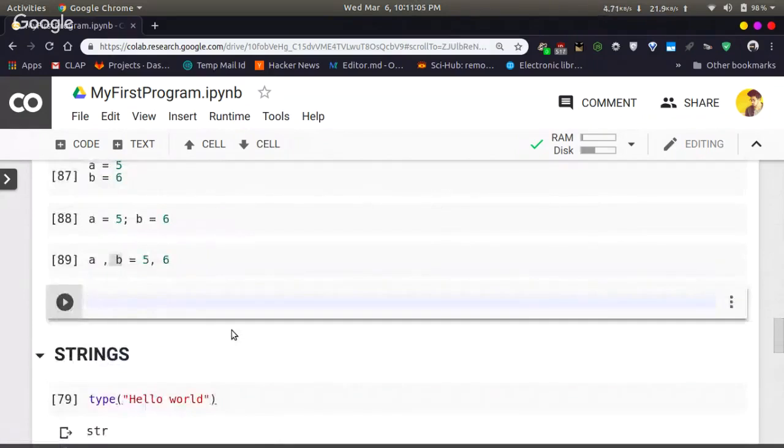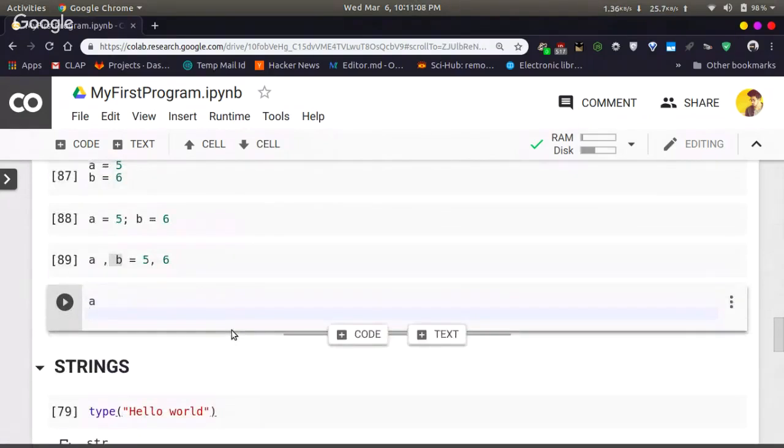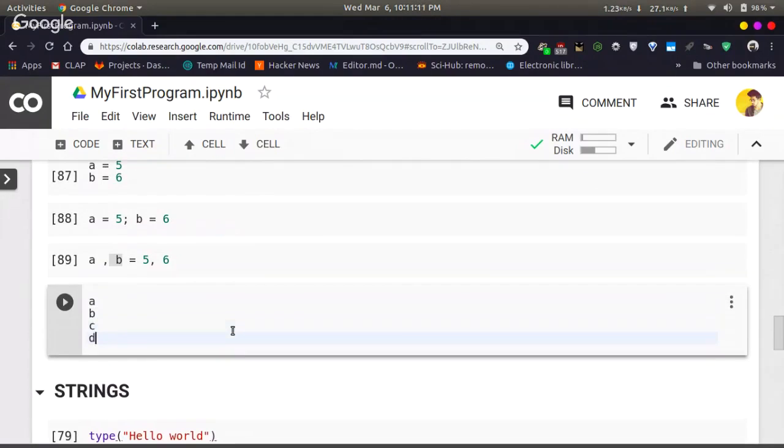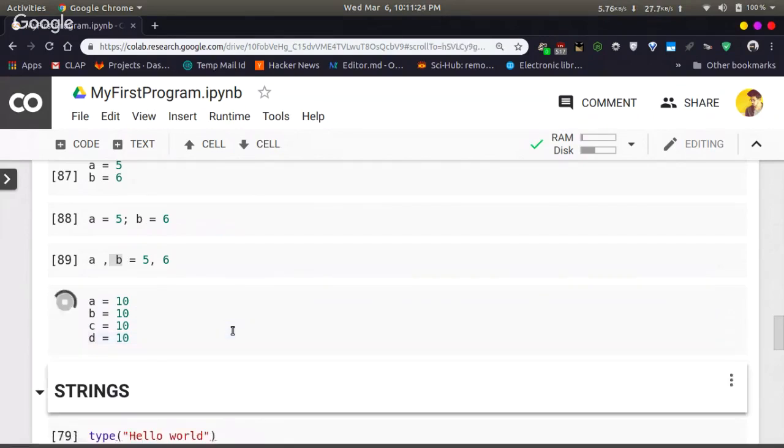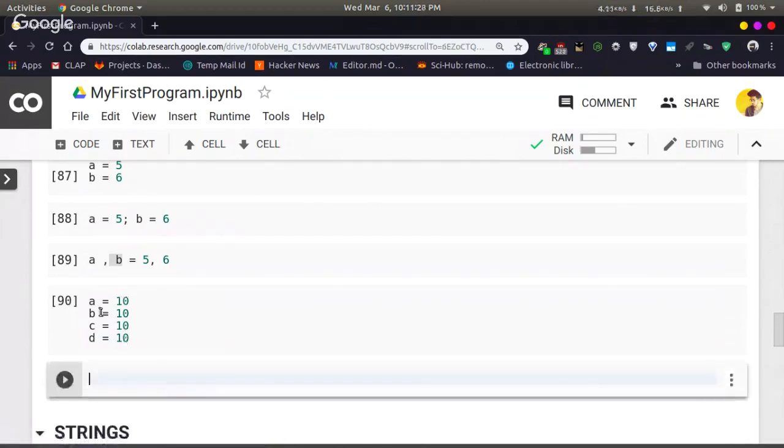Now, what if you have to assign A, B, C, D all with value 10? This is how you normally would do it, right? A equal to 10, B equal to 10, and so on. So this will assign value 10 to all these variables. But this is kind of a little hard, right?